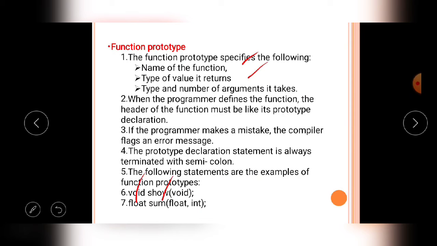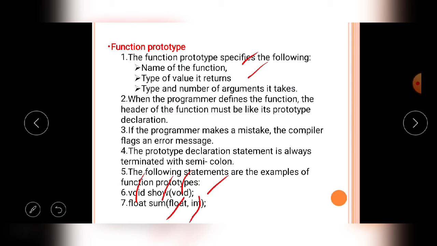The type means one float data type value and another integer data type value. The number of arguments is two. So the function prototype specifies the name of the function, the type of value it returns, and the type and number of arguments it takes.